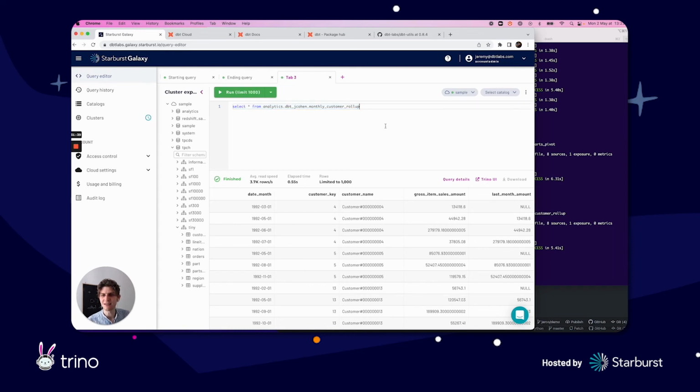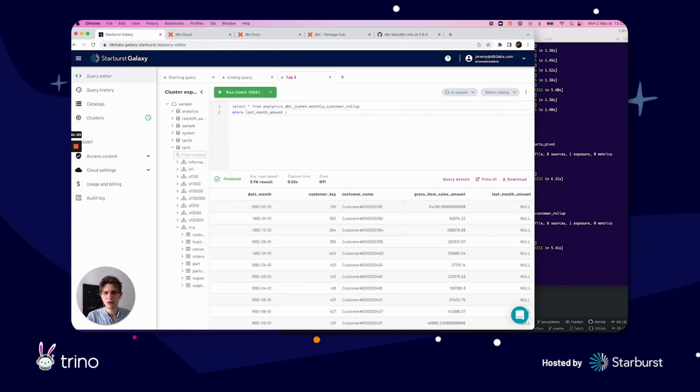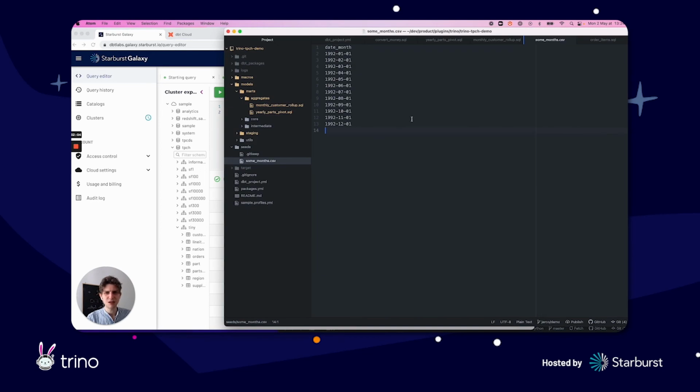And it's that easy. I can come in here in my BI tool, wherever, and say, okay, I just want to look at customers that had a previous month, or that didn't have a previous month, or that downgraded, or that upgraded, and so on and so on. It's not super powerful to look at this for just 1992. I could come in here and just keep adding rows to my static CSV file, but much more compelling than that is